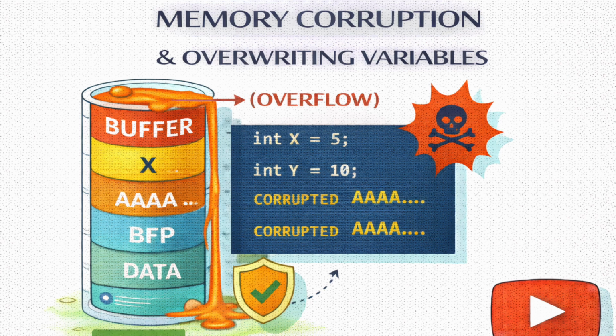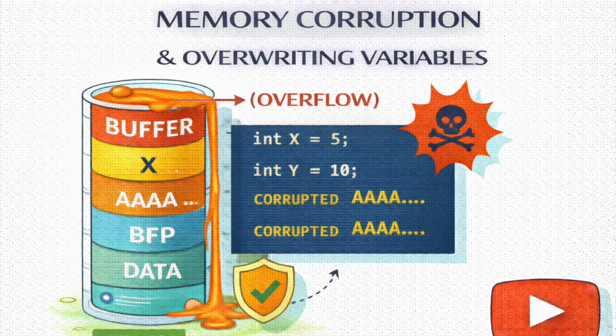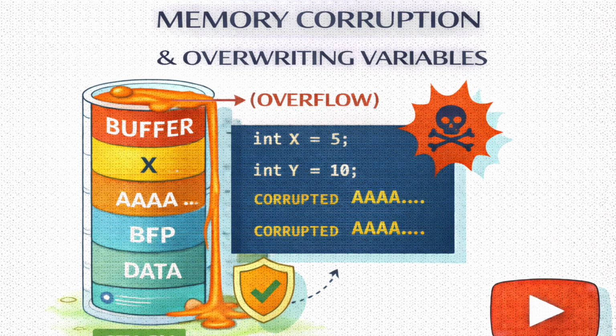So before we start smashing things and stealing data, let's unpack the stakes. Why should we care about a Stack Overflow? Is it just that the program stops working? It's much, much worse than that. To really get the stakes, we have to look at something called the CIA triad. We're not talking about spies in trench coats here. Not quite, though the stakes can be just as high. In information security, CIA stands for confidentiality, integrity, and availability, the 3 pillars of a secure system. And a Stack Overflow has this unique, terrifying ability to violate all 3 of them at the same time.